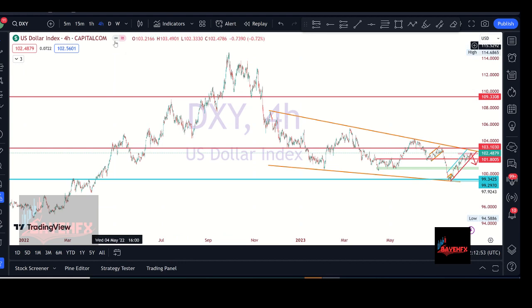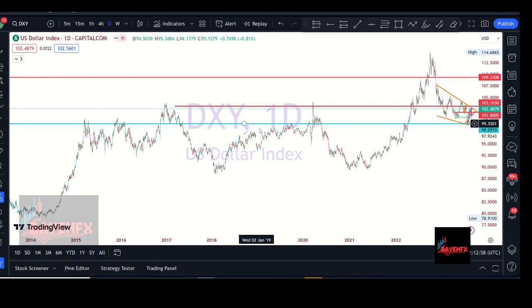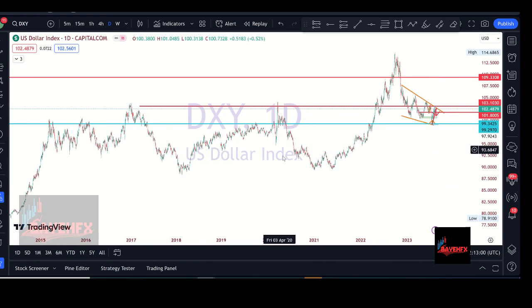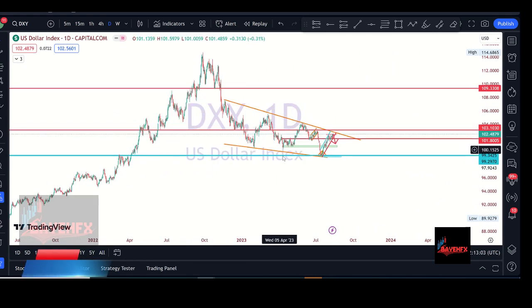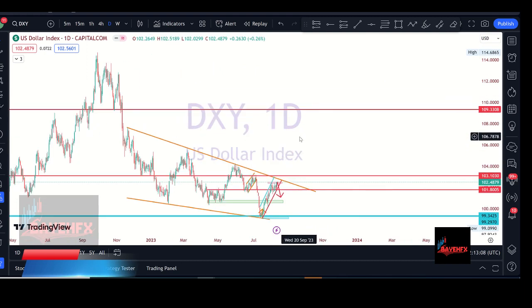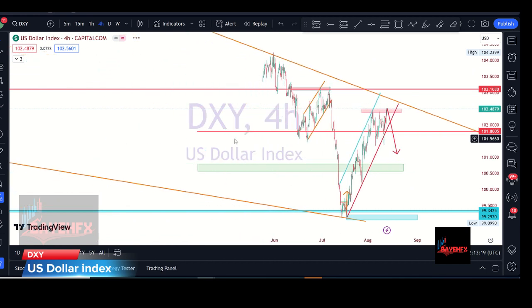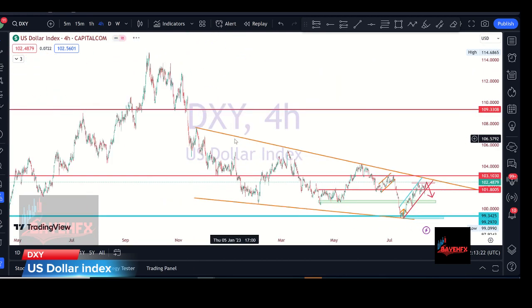Today, if we want to start our analysis, we usually start from the US dollar index because these are pairs that usually make a lot of volatility in the market. Most of the news are the ones that usually cause high volatility in the market, right? So what we usually do is look at how the US dollar index is playing